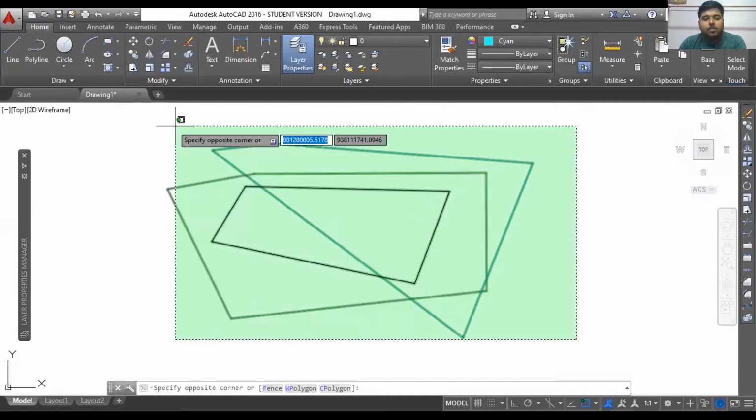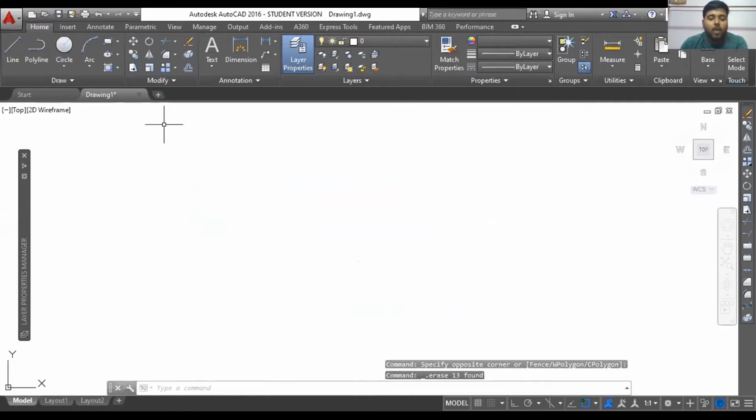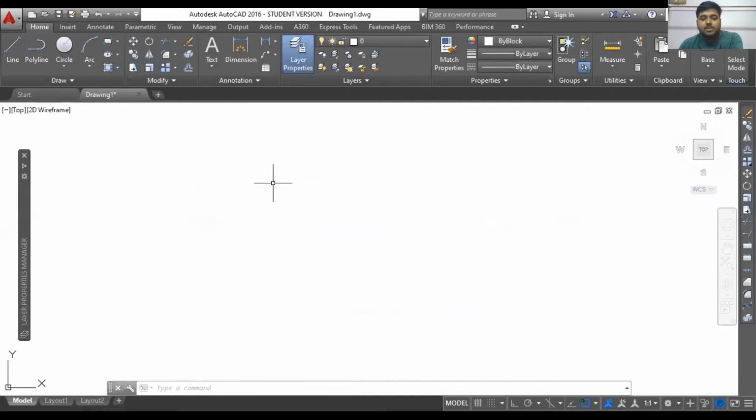That is why I prefer working on a white background, because on a white background I get to select the colors as per suitability with white. So the way I see my plan on screen will be as it is in the printed version. Obviously you can change the colors of your lines after you finish drafting. You can change them directly from the layer, but that is an extra burden at that time. So it is better that you start from a white screen. That will also be very suitable for your work.